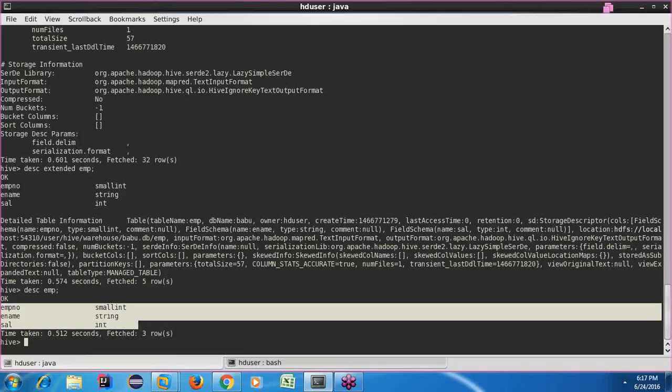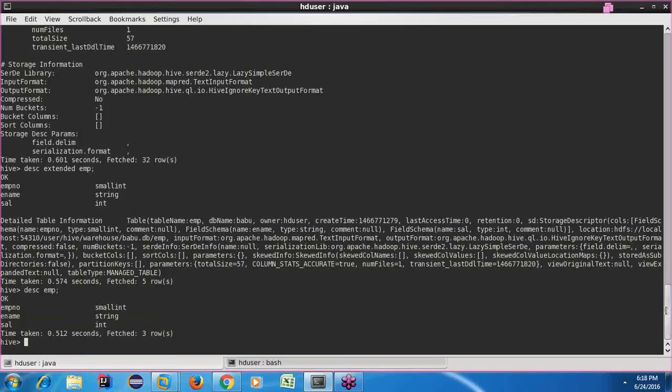But if you say describe formatted emp, a human-readable format of your table information is shown on your screen. Similarly, if you say describe extended, it shows you all the information, but it is not very readable, so you'll have to look into it very thoroughly. Actually, I have pets, so I can't read with that much concentration. So I always go for describe formatted.